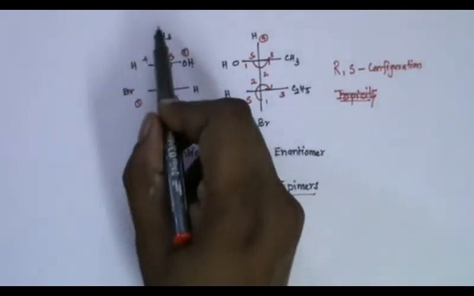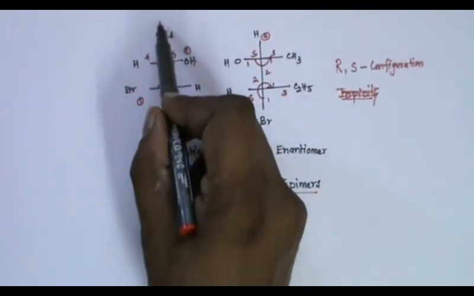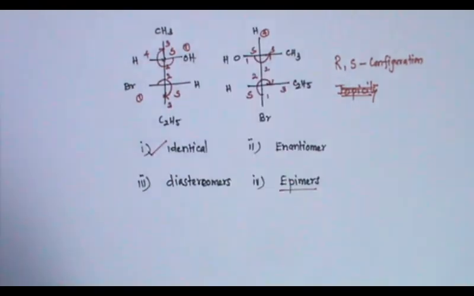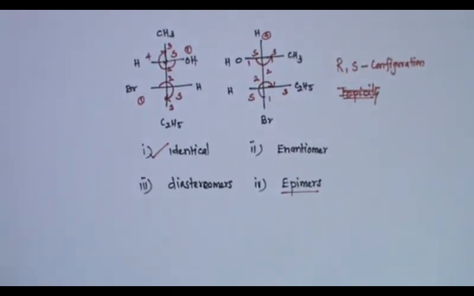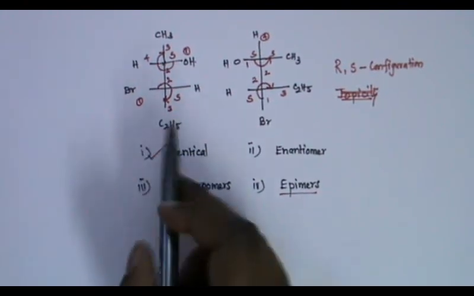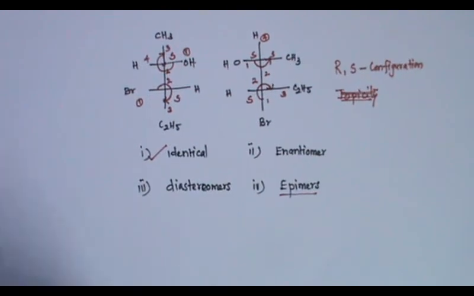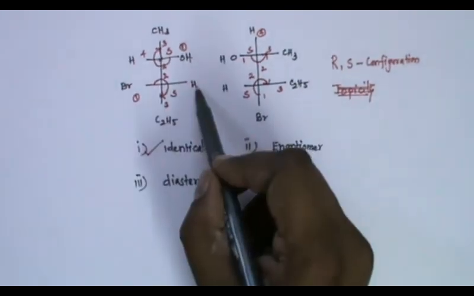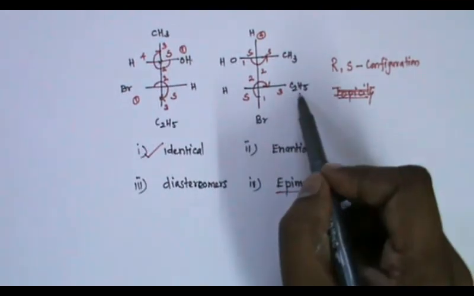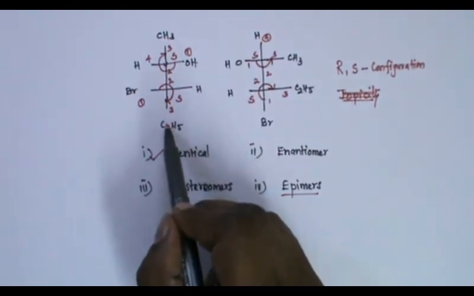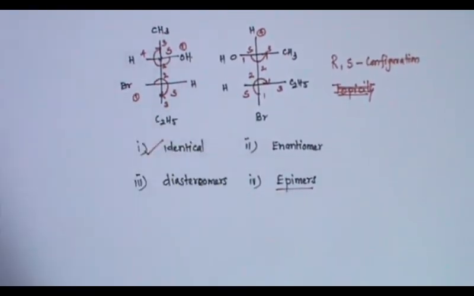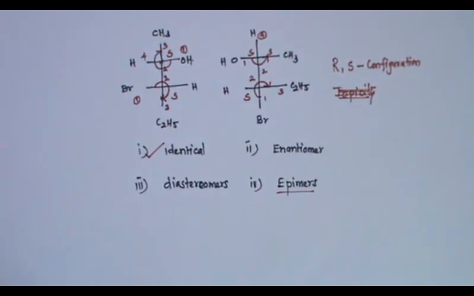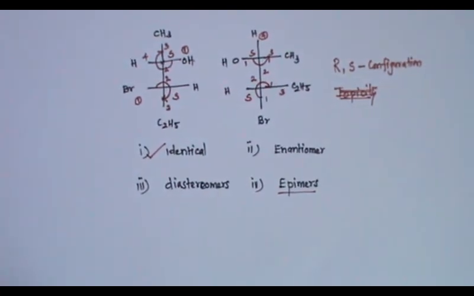Now, the OH, whatever is present here, I exchange with this hydrogen to get this. So I have gone for a double exchange. The configuration will not change. It will be S again. Similarly, in this case, C2H5 is exchanged with hydrogen. So you can see here, then hydrogen will be here, which I exchange with Br. So double exchange. Configuration will remain the same after double exchange.